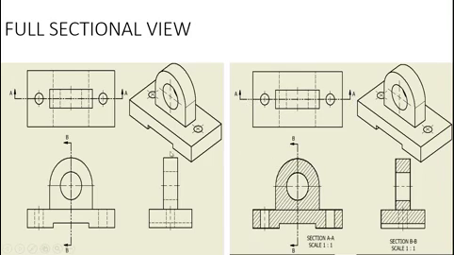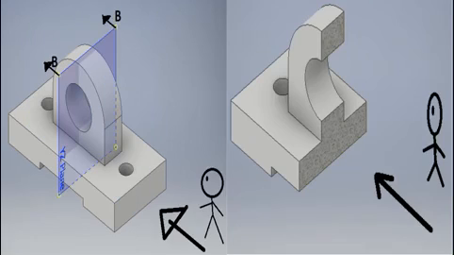Okay, so now if you look at section BB, we started cutting from the top here and then went all the way down to this point here. Now look, the arrow is pointing towards the left side, which means we'll be standing at the right side and then looking this side. To demonstrate it in 3D, let's look at this picture here. We have a cutting plane BB here. We cut at the middle,